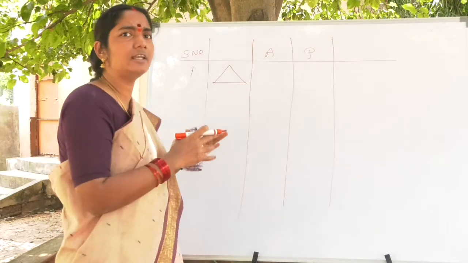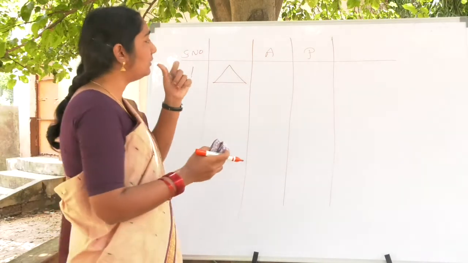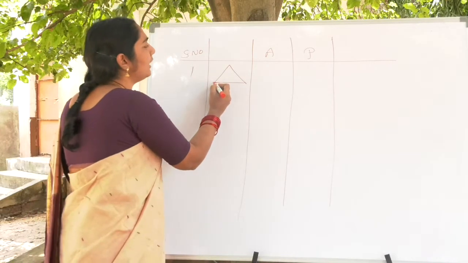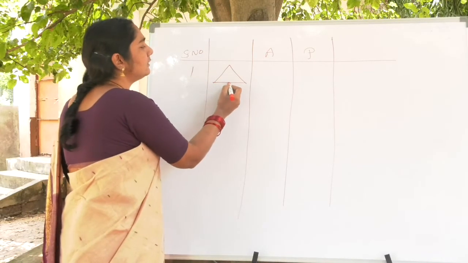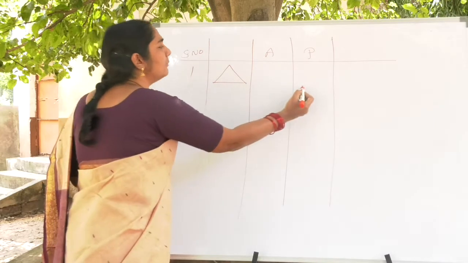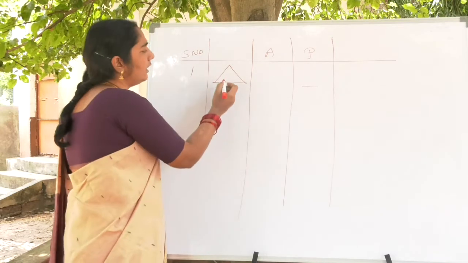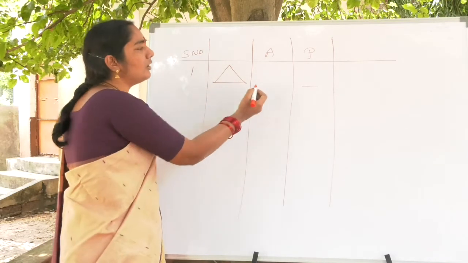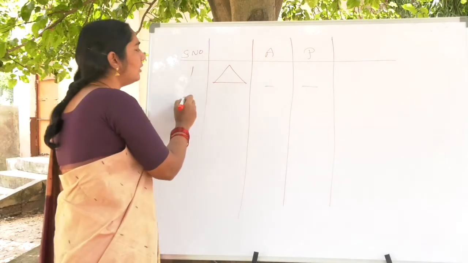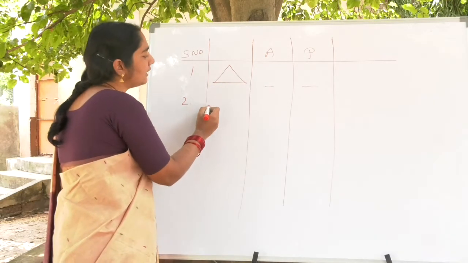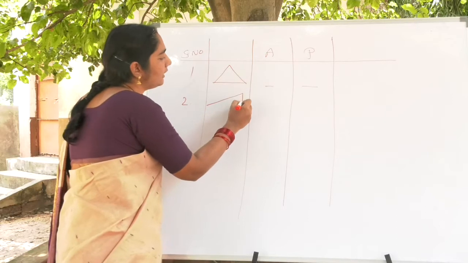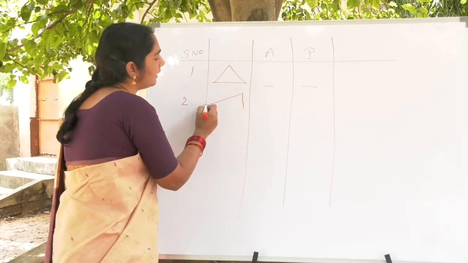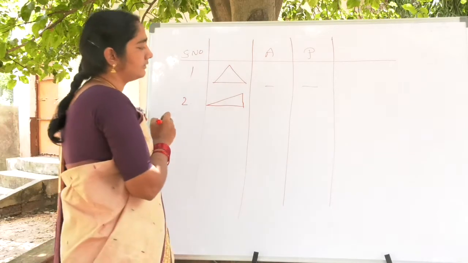You are taking any triangle. In order to take the perimeter, you take a rope and just try to use it, and at the circumference you will get the perimeter. You know the formula also. And to find out the area, you know the formula, you apply the formula, you will get it. Now second, number 2, you take another triangle like this. See, you are taking a triangle like this. The triangle is like this.